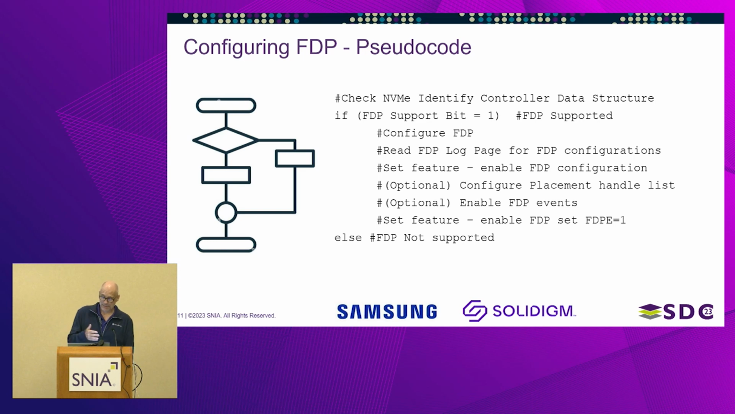Again, the set feature command I'm not talking about here, because that's one of the standard NVMe commands. You use the set feature command to put the drive into the FDP configuration that you've chosen. And then once you've done that, as I mentioned,